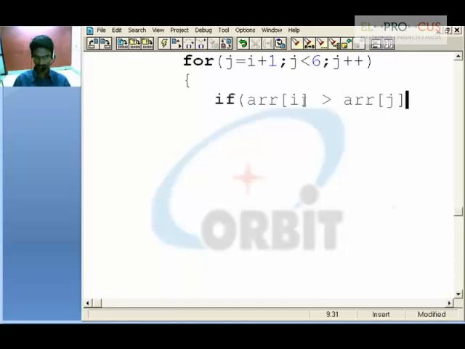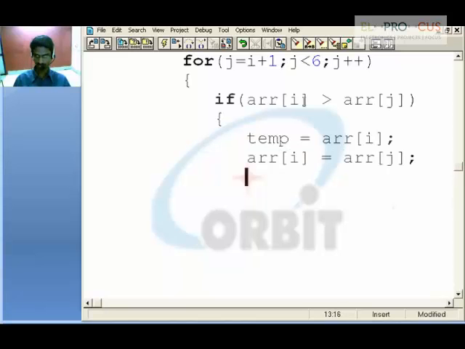do the swapping concept, which is temp takes array of ith block. In array of ith block, place array of jth block, and in array of jth block, place array of ith block. This is how we can interchange the values using the temporary variable. And finally closing the loops, and at the end printing the new array, with i less than 6 and i plus plus,